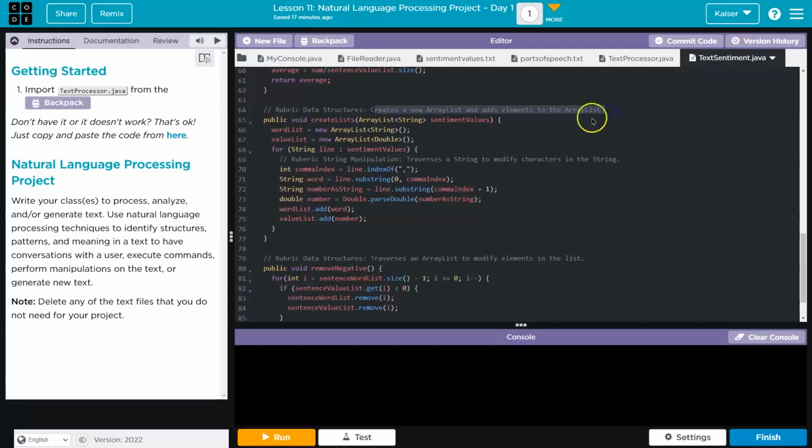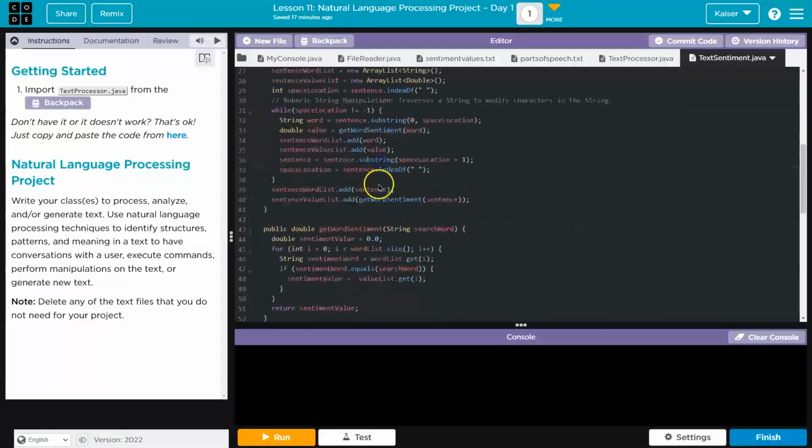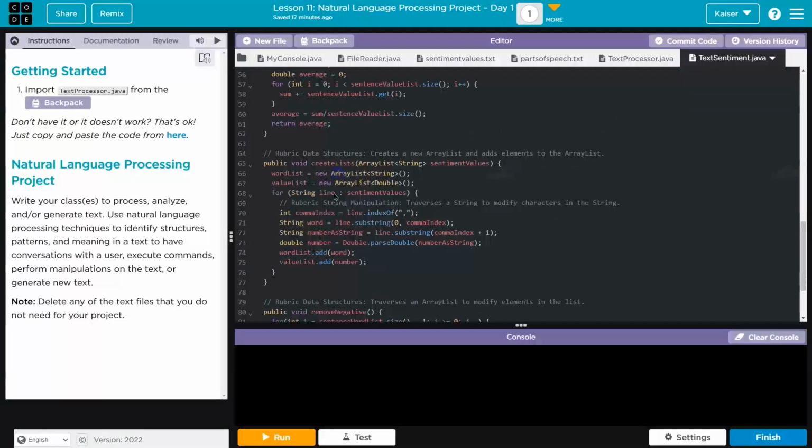It creates a new list and adds elements. What I'm going to do first is I need to define this as a new array list, right? I just declared it up here, but I need to give it some values now. So I define it as a new array list. And then my for loop here, all I'm doing, sentiment values, which is all of the lines